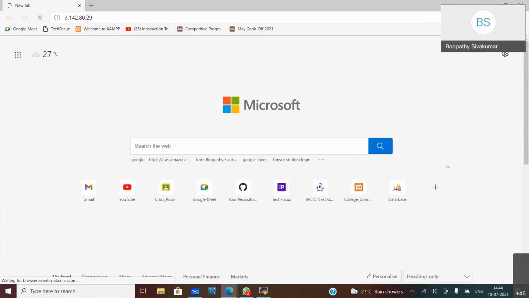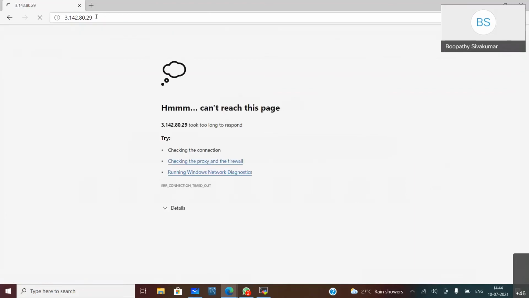So we have installed the web server and we are trying to connect to that web server, but it is not working. Why? Because in the security group, we didn't allow the port. We need to accept the request on a port. As I mentioned before, you need to enable the rule in the security group in order to accept requests from the outside world. If not, it will not allow you to access whatever services are running.